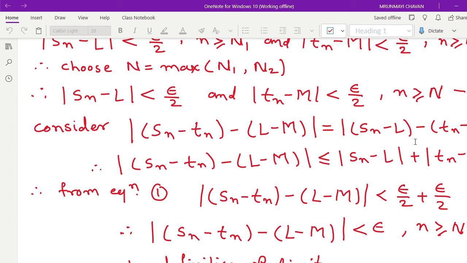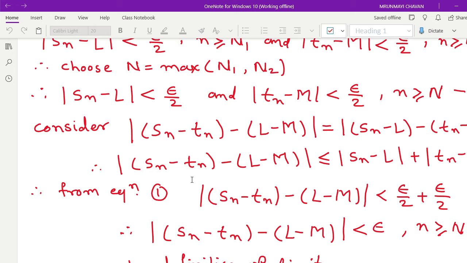If we write minus here, then here will be 0. So we can use this property that mod of A minus B is less than or equal to mod A plus mod B. Therefore,